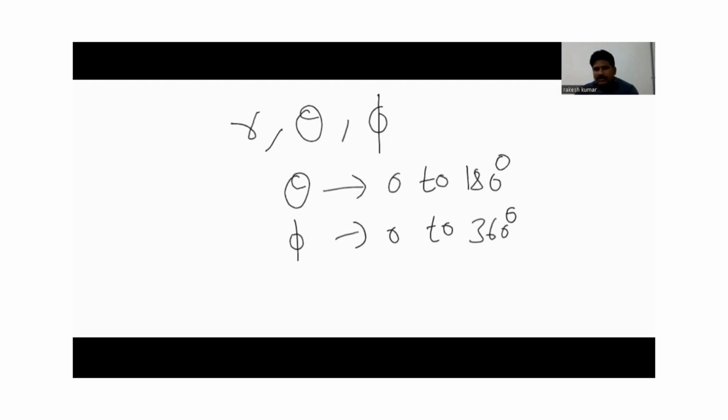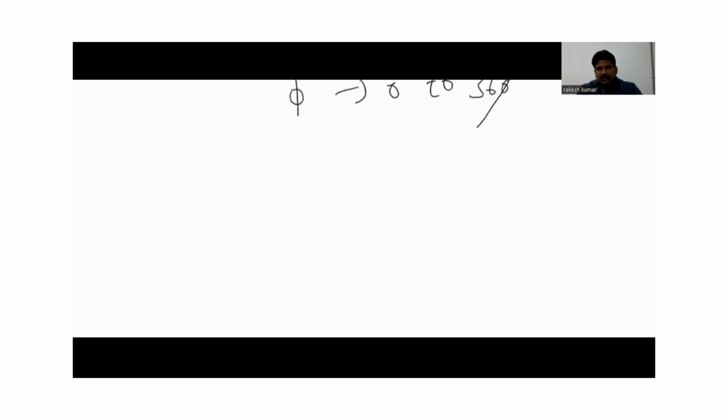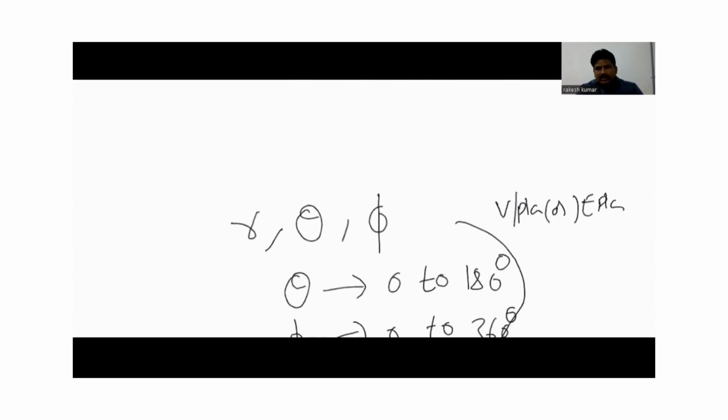Now, let us discuss first about the vertical plane, or E plane. What is meant by this? If the pattern which is obtained by plotting normalized field strength versus theta, keeping phi as constant, we call it as